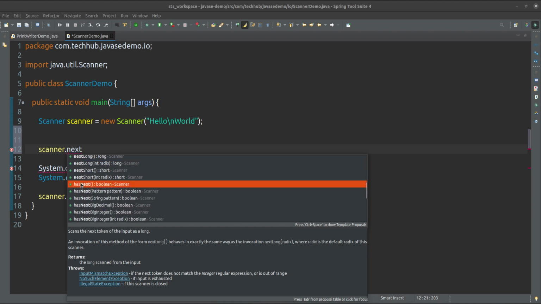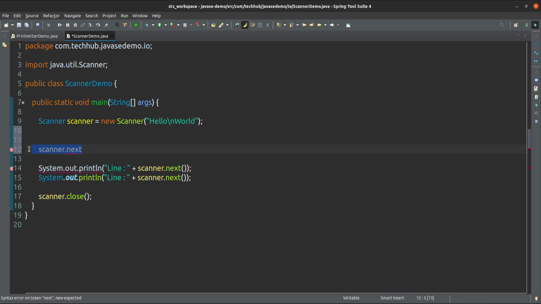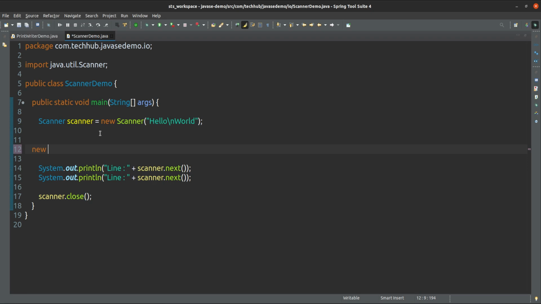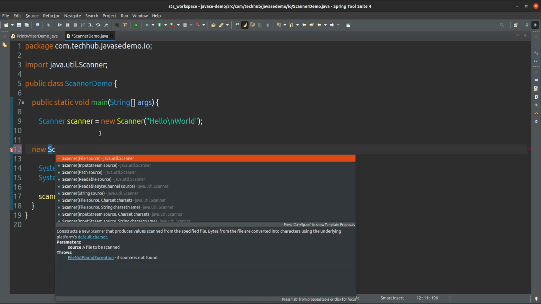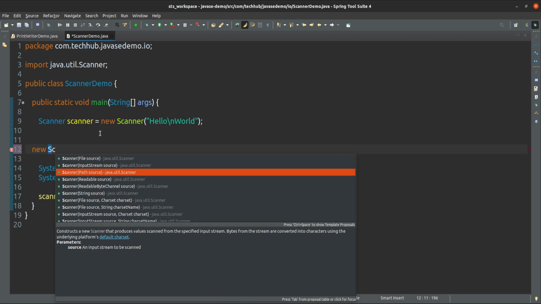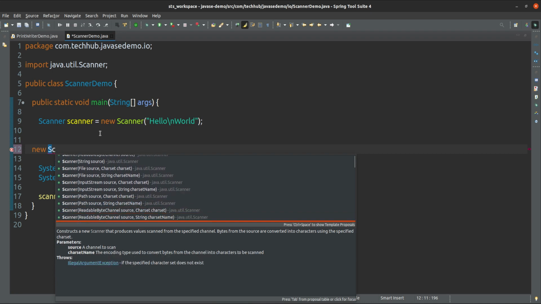Has next is also there, whether it has more elements to read. You can use this scanner also. And this scanner can be created using new scanner. You can use a file, an input stream, a path, or a readable.